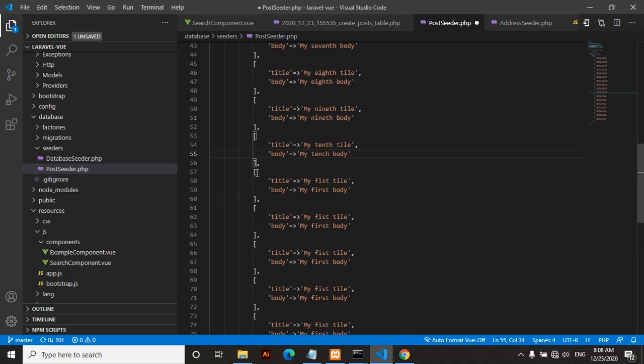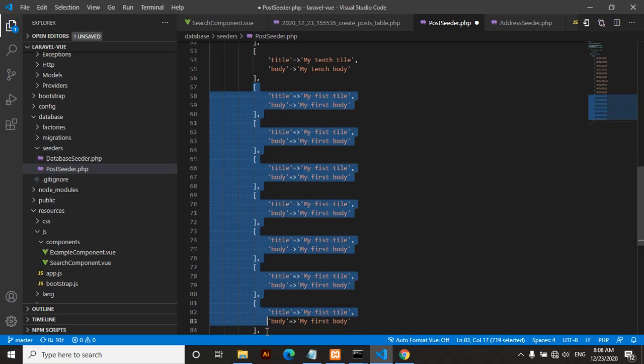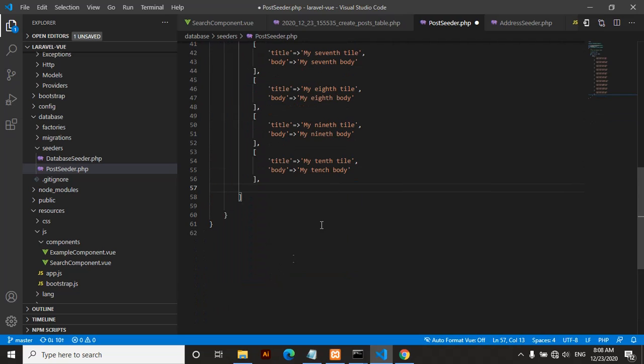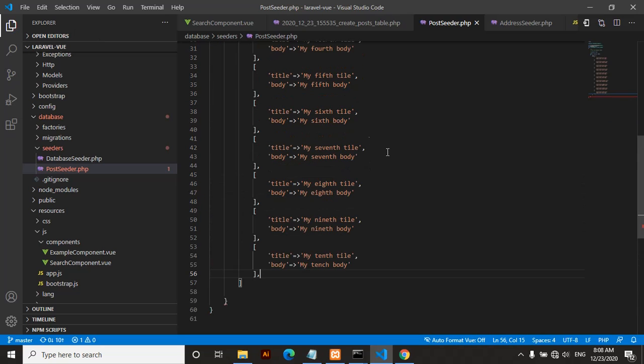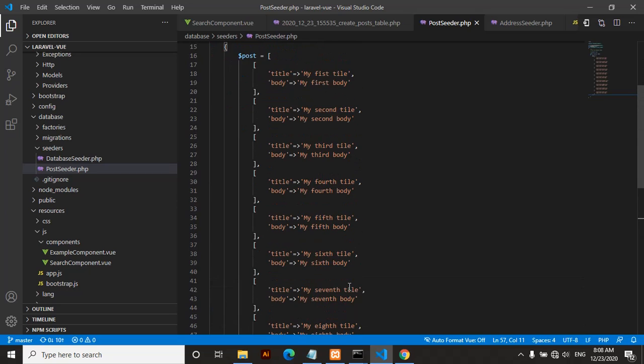I think it's enough. I'm going to remove the rest of the extra data. So what I have missed here is, yeah,